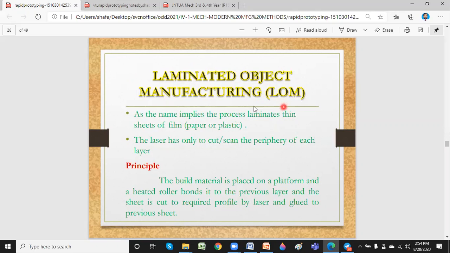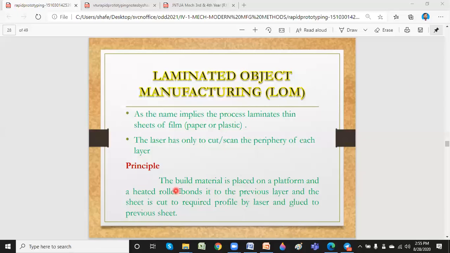So LOM is also a very simple technique, because a 3D model needs a layer by layer technique and fusion of those layers to form a laminate. As the name implies, the process laminates thin sheets of film made up of paper or plastic. The laser only has to cut or scan the periphery of each layer, cutting that particular shape, and you have an arrangement for the process of lamination.